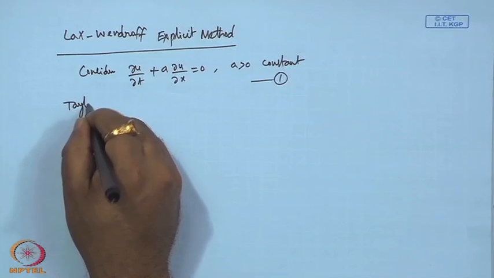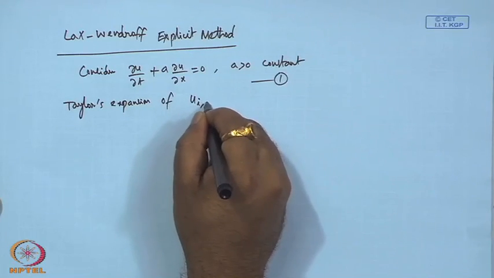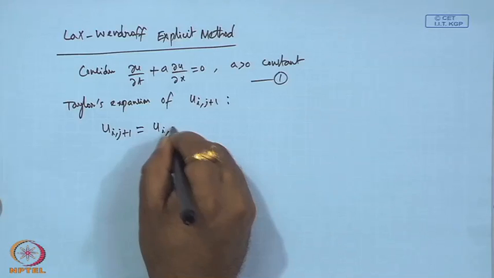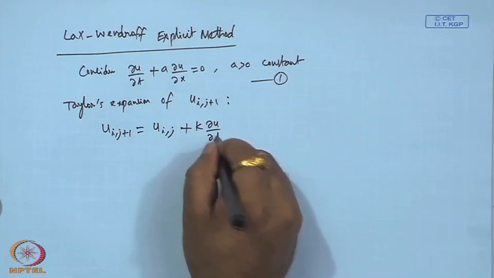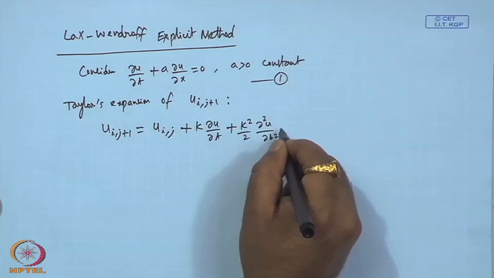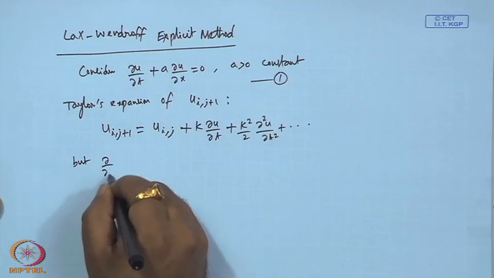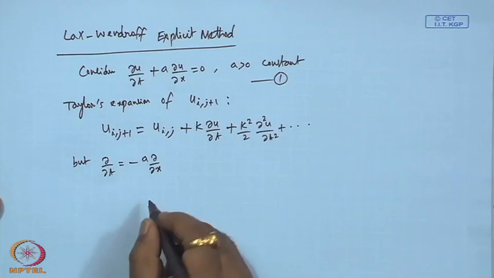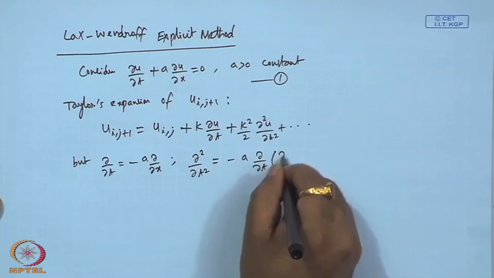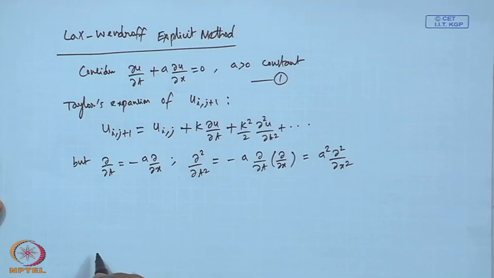So, Taylor expansion of u I j plus 1. So, you consider this, but notice from 1, accordingly, okay. So, therefore,